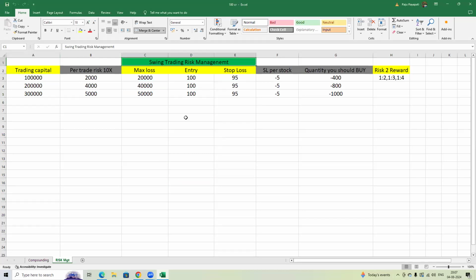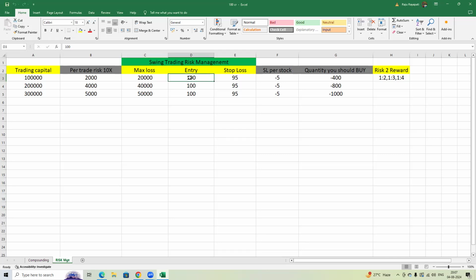So how much quantity should you buy? Many people may have a capital of 1 lakh, 2 lakh, 3 lakhs, 15 lakhs, 20 lakhs. It doesn't matter. You should know how much quantity you should buy and what the maximum loss is. You have to set in your mind how much you can lose in that trade. So if you have a capital of 1 lakh,